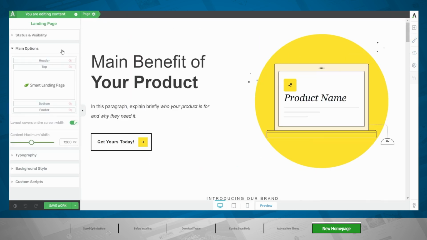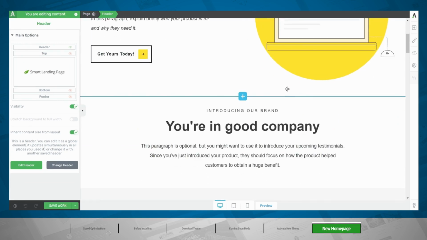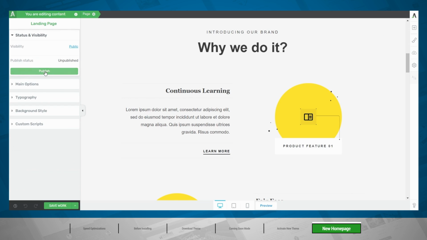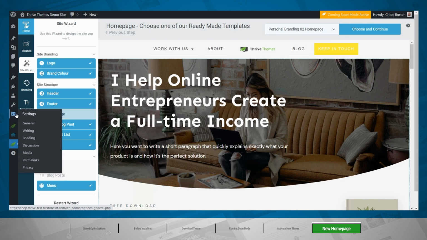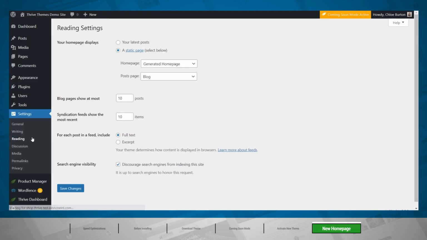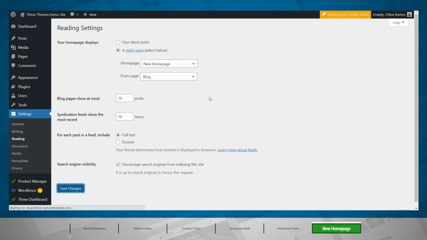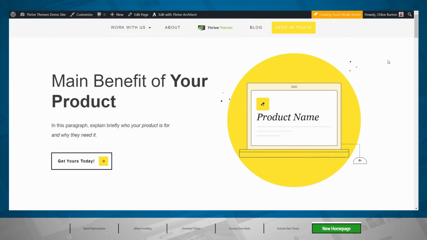You can make sure to show your header again if you want to show it. Change all the images, change all the text. When you're happy with it, you can save this one. Now let's make sure when you're happy with it to publish it. And then let's go to our WordPress settings, reading. And from here, we can choose the static homepage, and we will switch this to our new homepage and save the changes. So now when we visit our website, as you can see now, the new homepage became this new template,